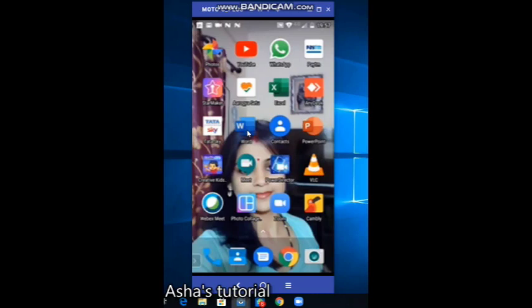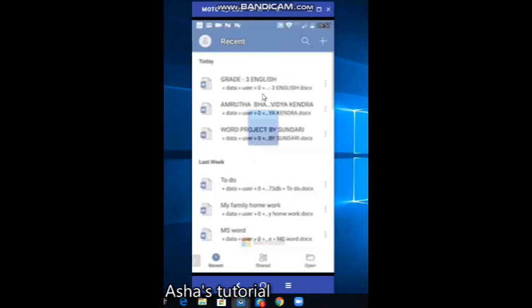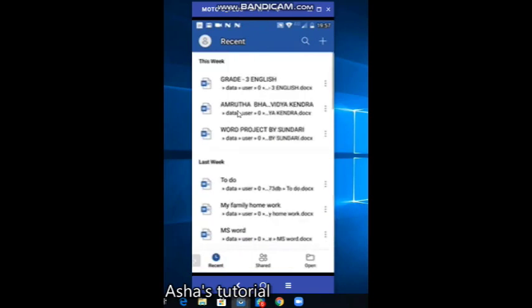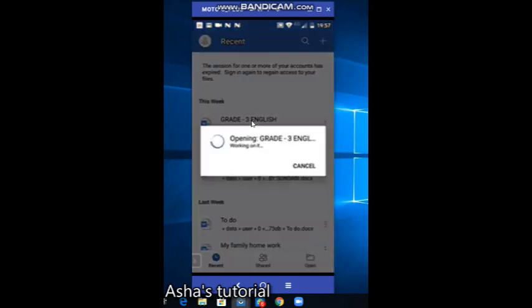See, first I will try from one word file. I'll click on word file. Any one I will take. Yeah, this one is there, grade 3 English.